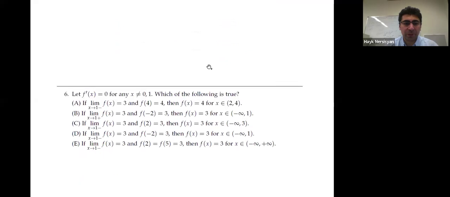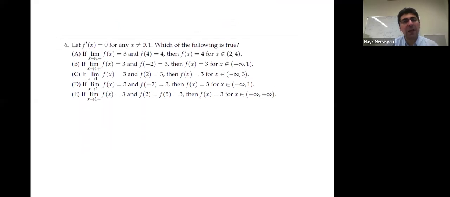6th one. Given f prime equals 0 for any x that belongs to the 0 to 1 interval, which of the following statements is true? Okay, first of all, what do we know about functions whose derivative is 0? We have the following theorem saying that if f prime equals 0 on some interval, then the function is constant on that interval. We can say that f of x is some constant